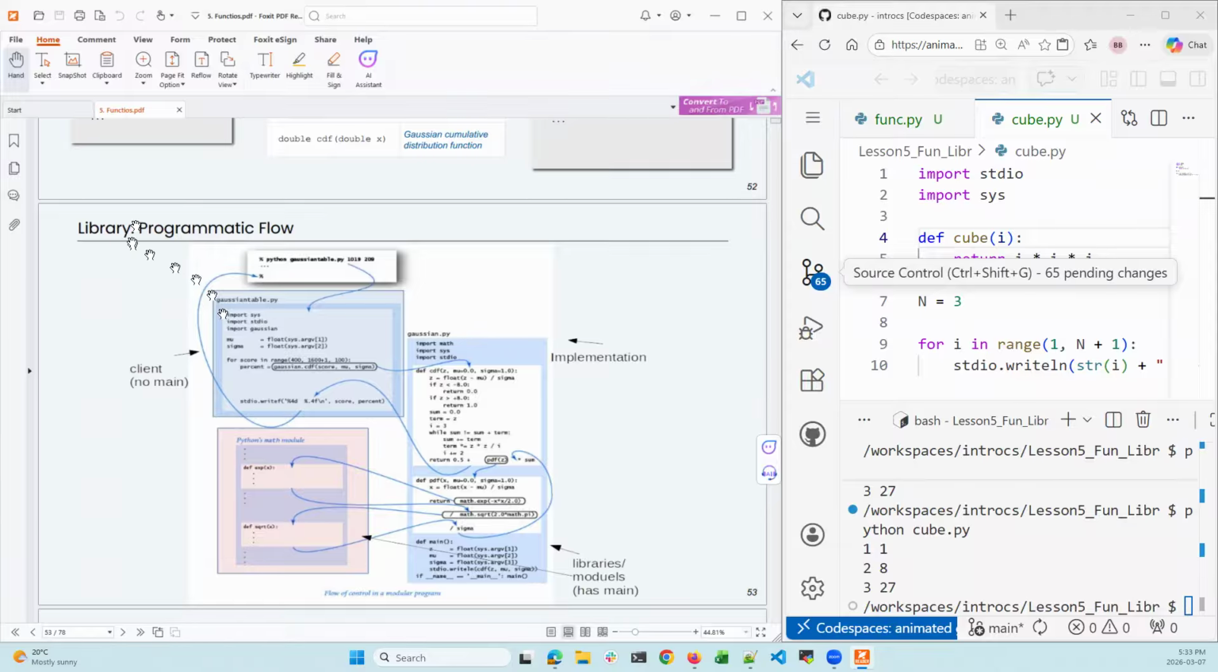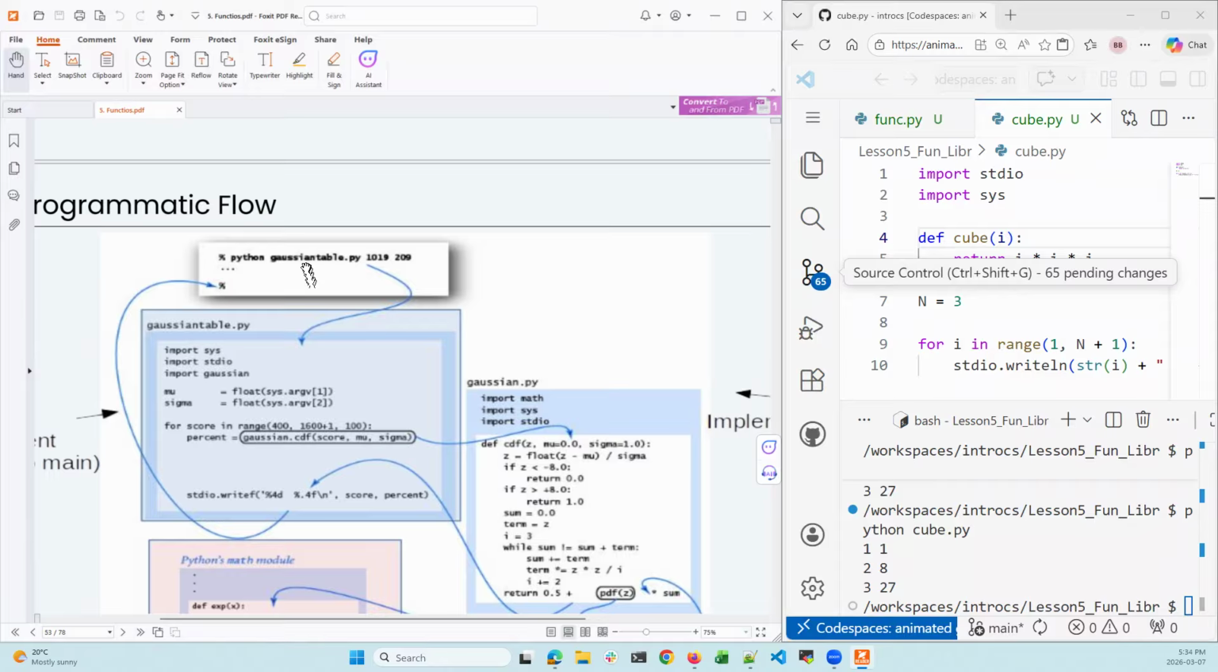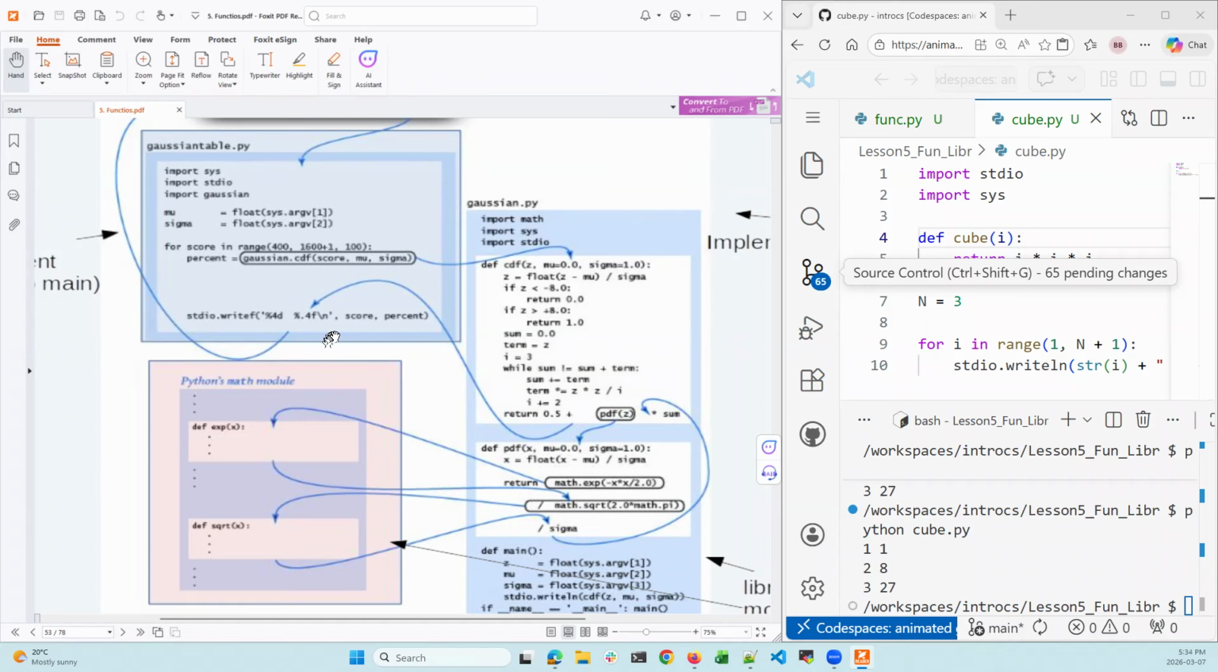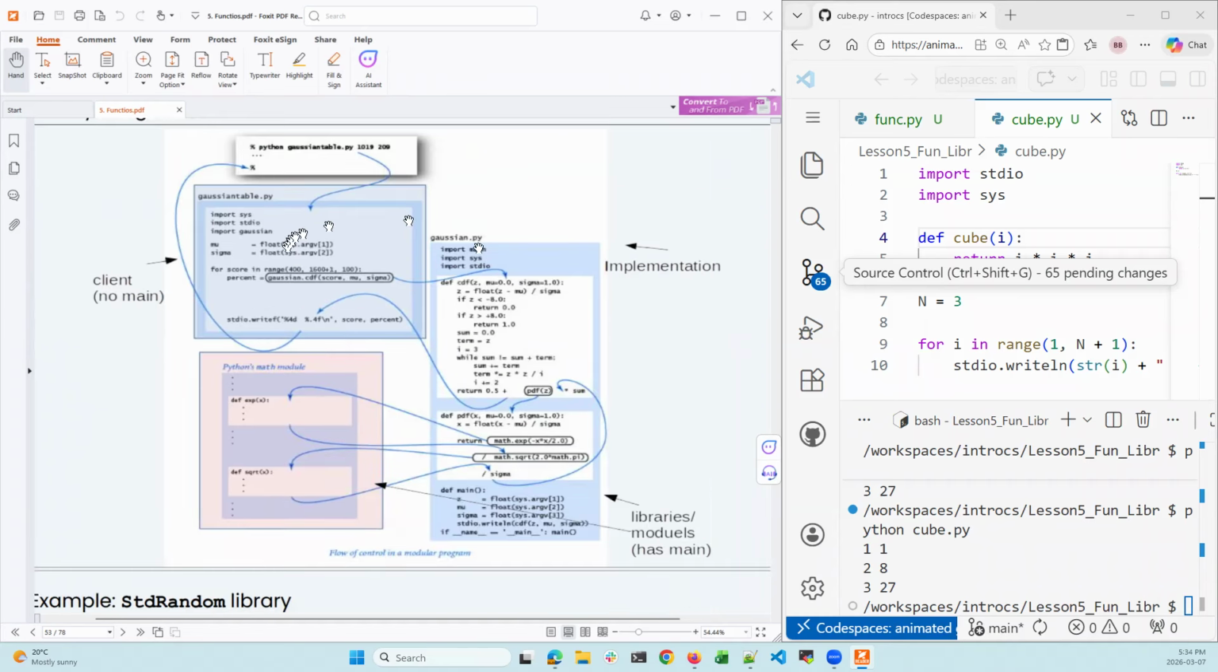So how does a library work in terms of programmatic flow? Here's a line of code. I run this code, gaussiantable.py. What does it do? Well, there is another file, a module, called gaussiantable.py that has imports, the for loop, and does all this stuff. This is represented by the client. This is what the client needs to do. All right. And then once you see Gaussian CDF, it goes to this file over here, which sees, okay,